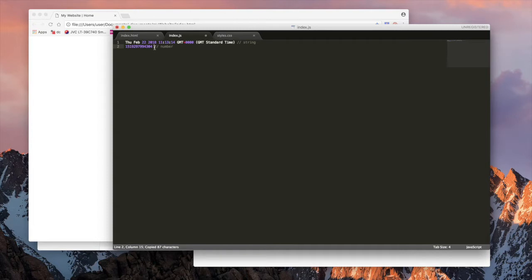Okay, so now let's look at dates in JavaScript. In JavaScript you can output dates in the following formats: years, months, days, hours, minutes, seconds and milliseconds. These dates can be formatted as either strings, like so,